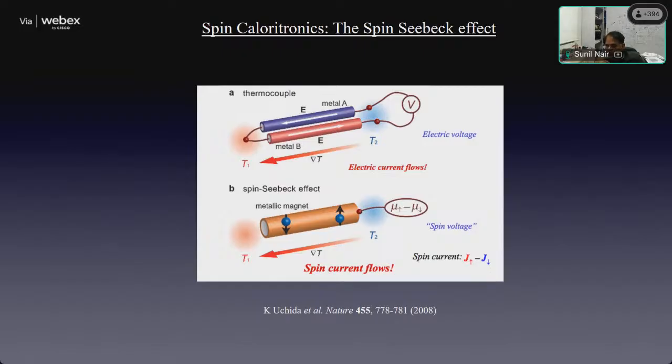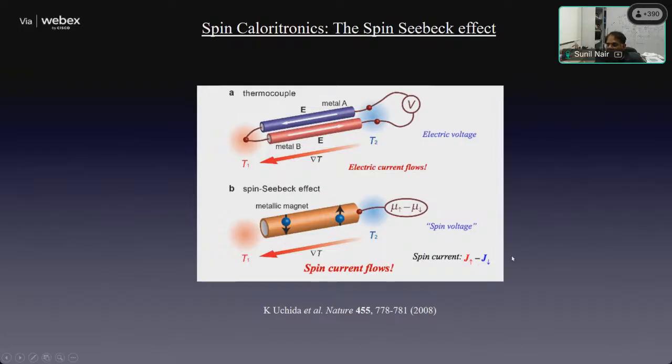you know, in our immediate surroundings. What Uchida and his PhD supervisor Saito realized is that, instead of a simple thermocouple-like system where you take a simple metal and apply a delta T and you get a voltage, if you take a magnetic metal and apply a delta T, you also get some kind of voltage. The only difference is that it's not an electrical voltage. In this case, it's a spin voltage. You're not looking at an electrical current, but at a spin current.